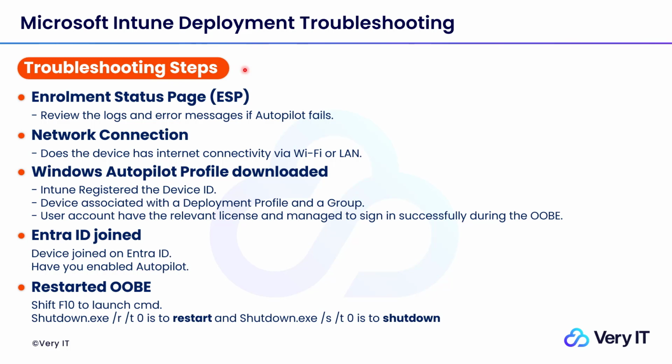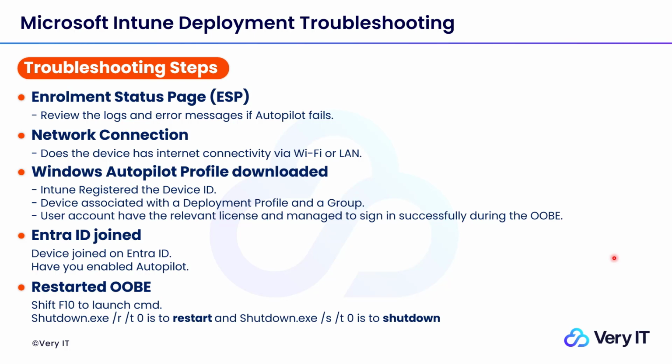So the first thing is to check during the enrollment that there are no error messages appearing during that enrollment status page for the out-of-box experience. If you do get an error message, then do Google that and see what it points out to. Also, in relation to your enrollment status page, just make sure that it's enabled on your